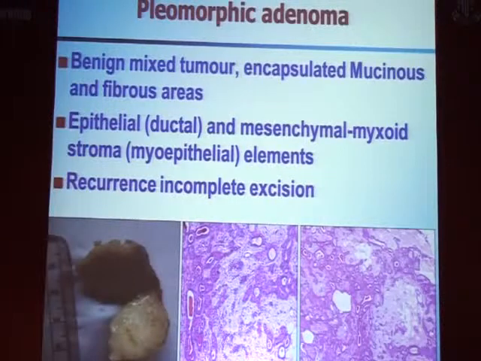So, how do we diagnose a pleomorphic adenoma? The diagnosis starts at the grossing table. You can make out that they are pretty well circumscribed lesions, and they've got a glistening appearance. The glistening nature is because they have a component of the mesenchymal element. So they are also called mixed tumors. You can see very clearly they have the epithelial component, which is ductular, and then the mesenchymal component, which is caused by the myoepithelial component, and the cell of origin is the ductular cells. Even though they are benign tumors, they are known to recur, and they can even result in malignancy later on.